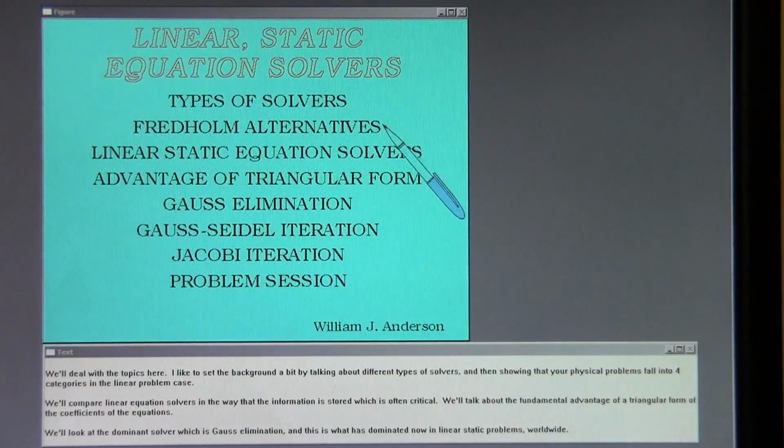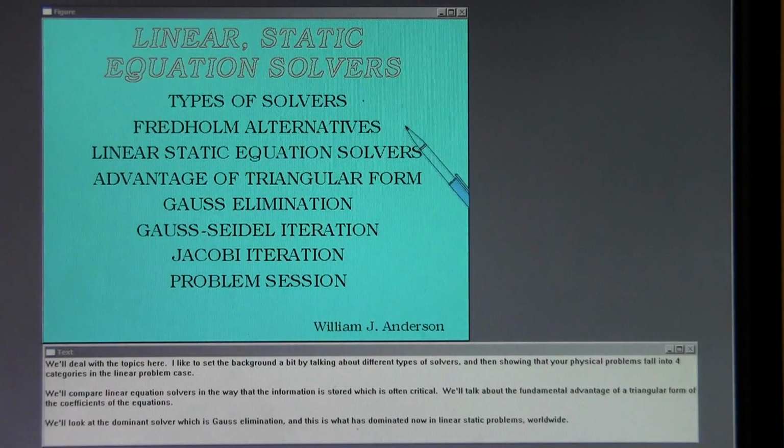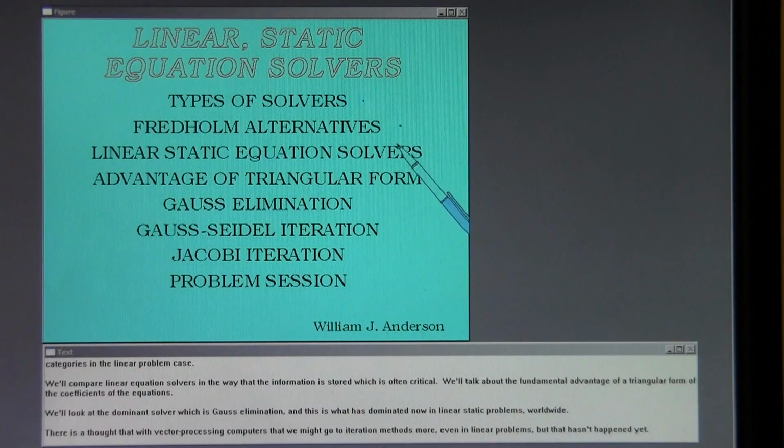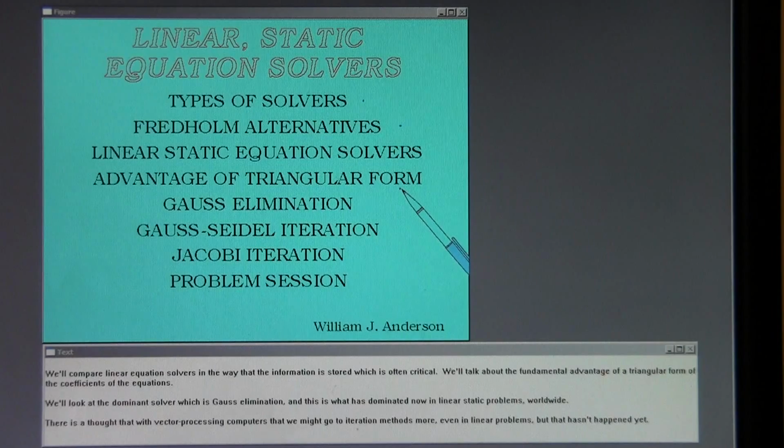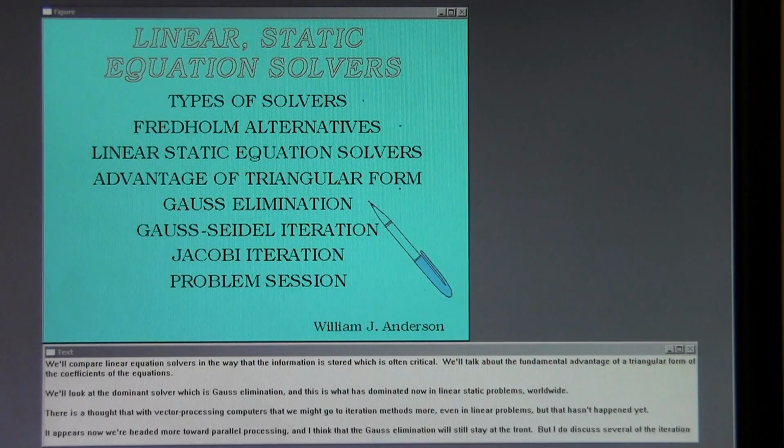I like to set the background a bit by talking about different types of solvers and then showing that your physical problems fall into 4 categories in the linear problem case. We'll compare linear equation solvers and the way that the information is stored, which is often critical. We'll talk about the fundamental advantage of a triangular form of the coefficients of the equations. We'll look at the dominant solver, which is Gauss elimination, and this is what has dominated now in linear static